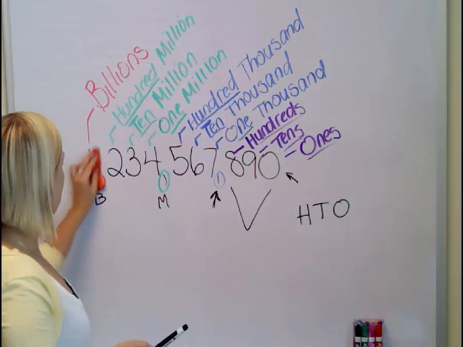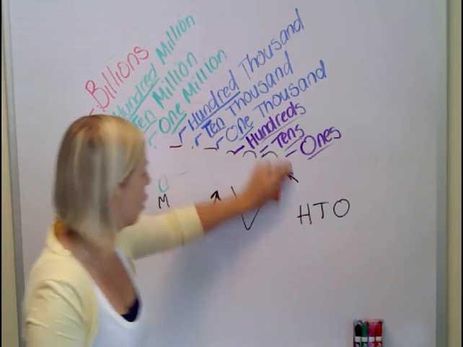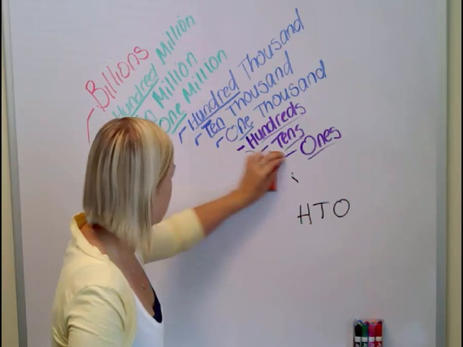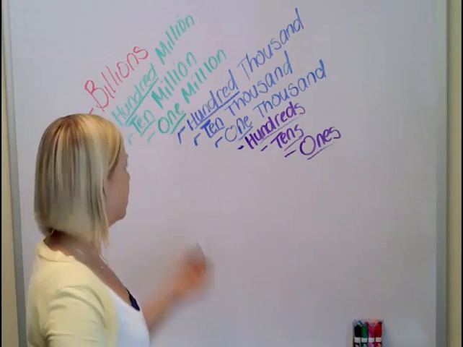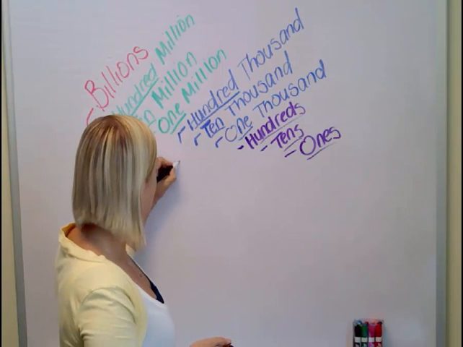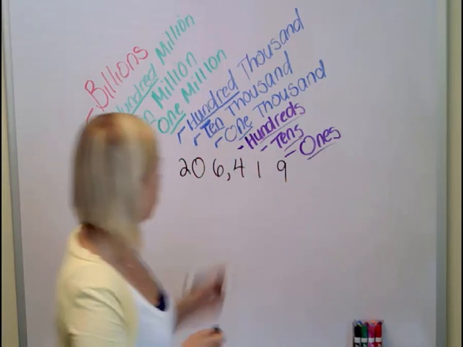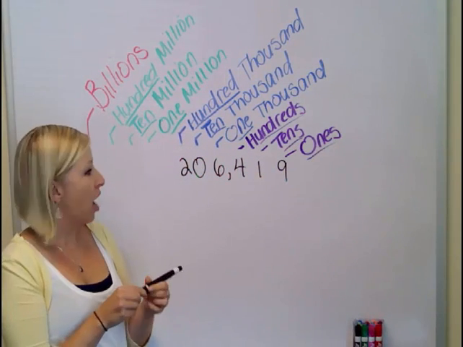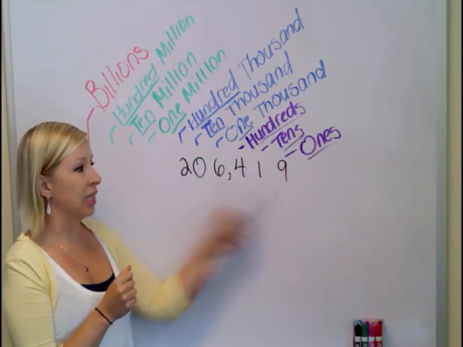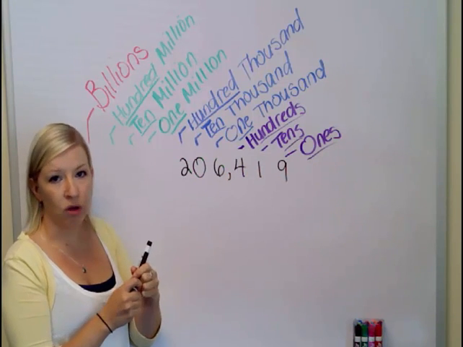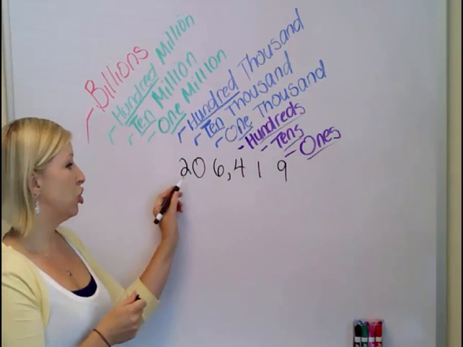So I'm going to erase this. All right, let's try this number. All right, so if I take a look at this number, I get 206,000, the comma tells me to say the name, 419. If I write this out in expanded form, to write out expanded form, all you do is write out each place separately. So this 2 is